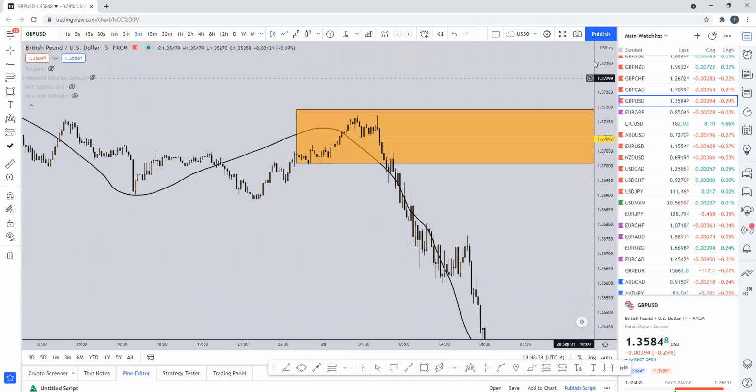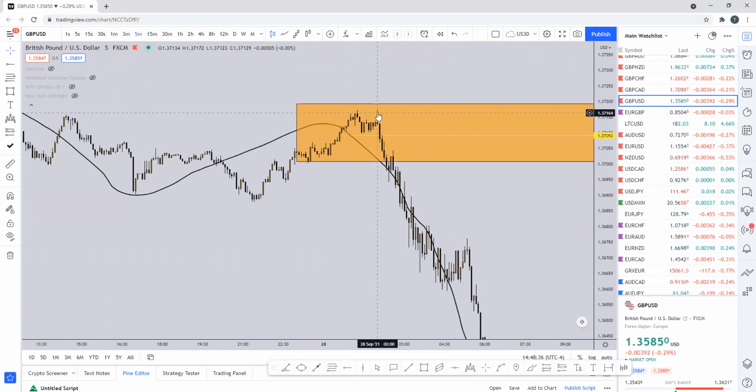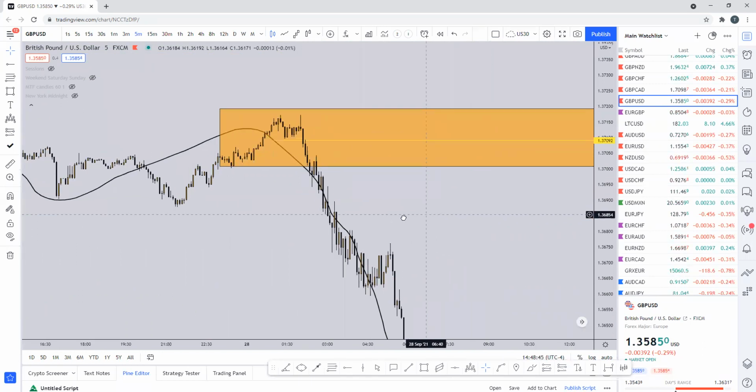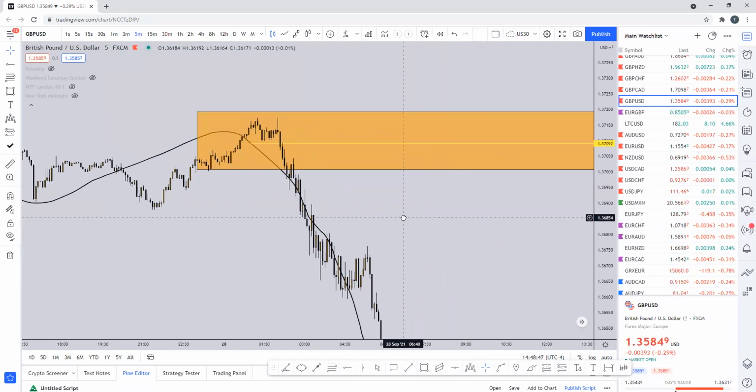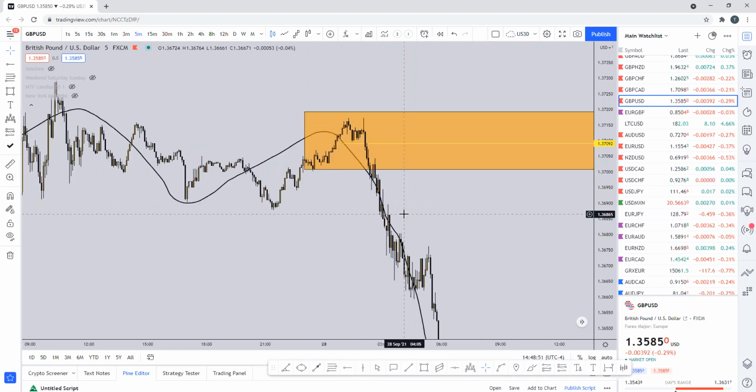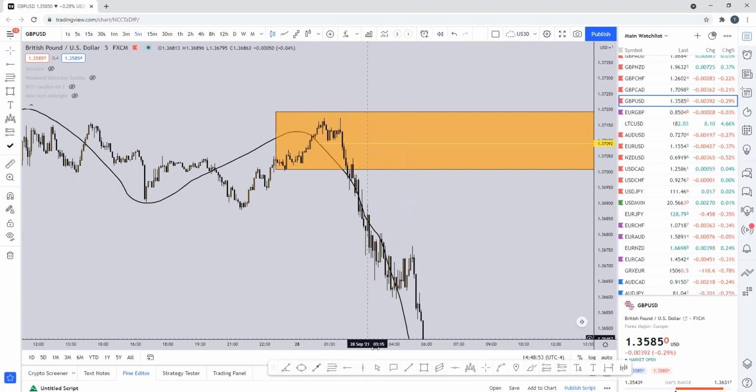Look at that. On the lower time frame, you can actually see price come past that area and come back into it. You weren't able to see it on a higher time frame, but on the lower time frame, you were able to see it. So I just want you to understand the fractal nature of the market and just going with structure, understanding that in this time frame right here,